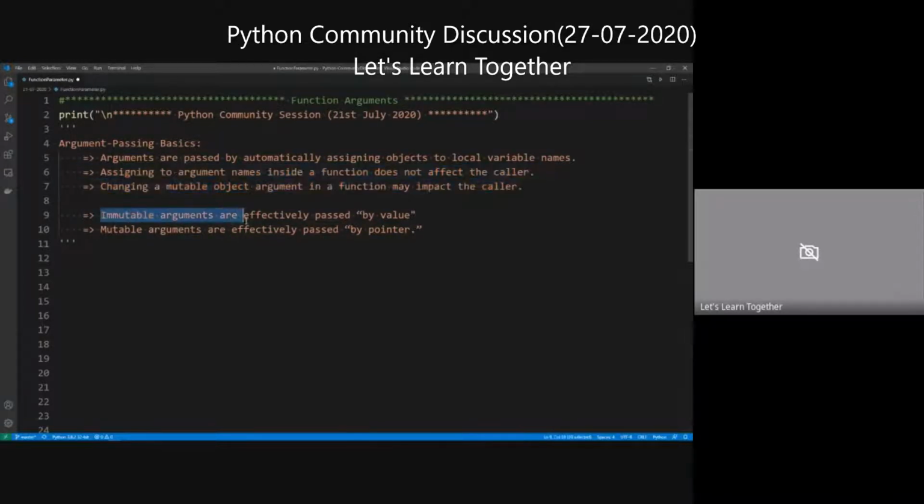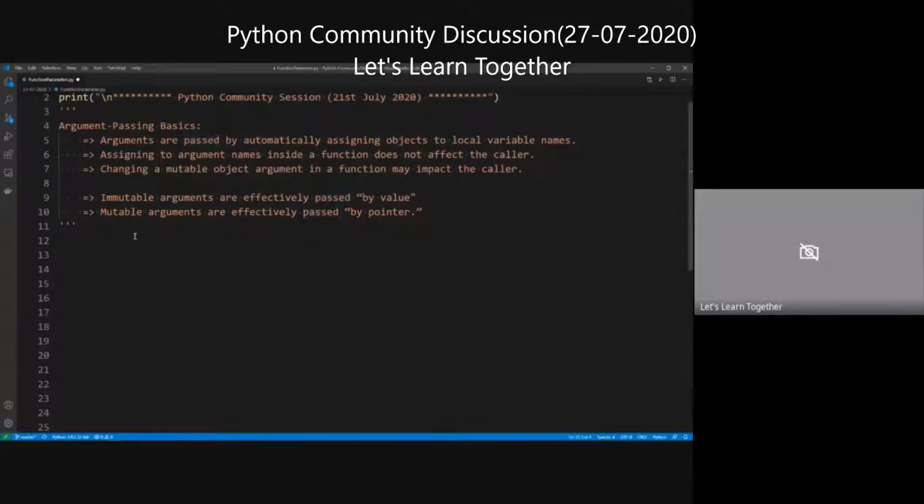Immutable arguments are effectively passed by value, and mutable arguments are effectively passed by pointer. As in other languages we use pointers, so it's passed by pointer. So let's write a small function. We'll take one parameter and just assign some value. Now we have one p equals 88,